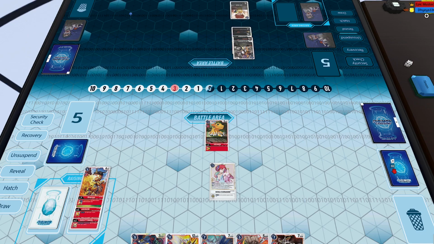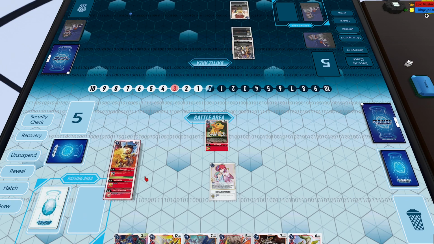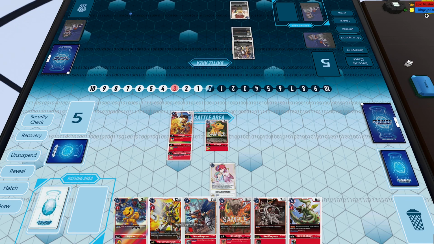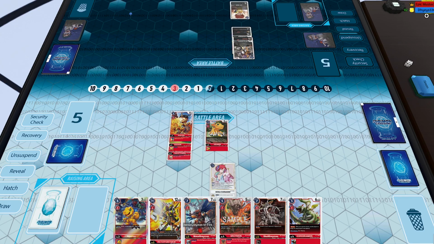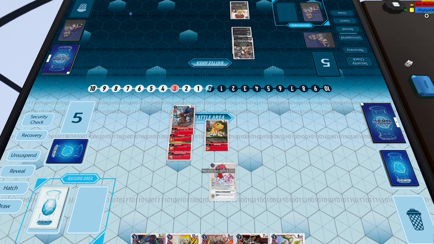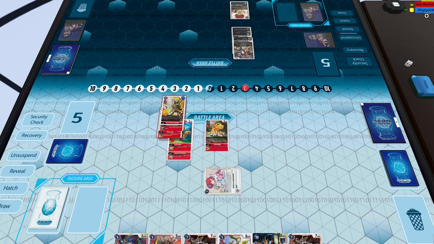So he's actually going to reveal the top 3 of his deck from the Izzy, and then the Izzy says if all the cards you reveal are black, you do get to get memory +1. So effectively 3 cost memory tamer, which is pretty sweet. So I'm just going to Digivolve into the Metal Greymon, actually costing only 2 because of the Nokia, and then